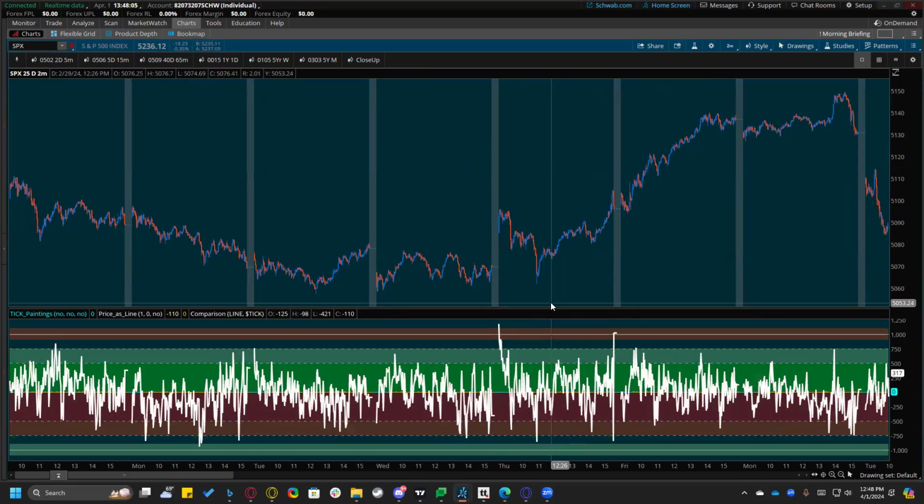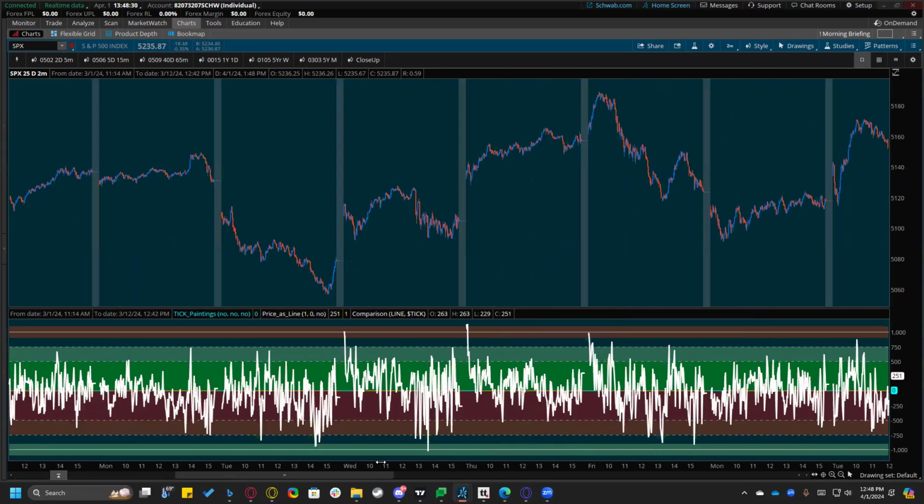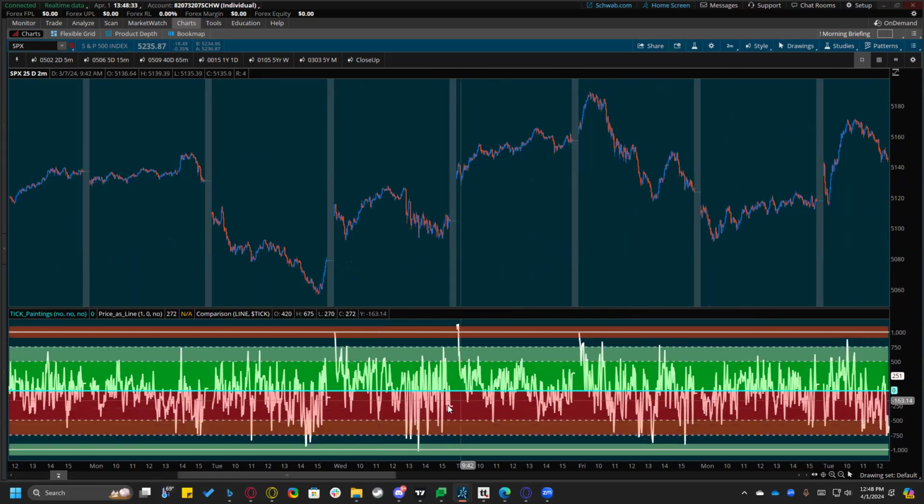But if you're looking for some breadth on the day, trying to ask that question of how are we doing? Are we staying in the green? Are we staying in the red? Then I like those bigger time frames, the 15-minute, 30-minute time frames. That way you get a feel for, hey, how are we doing? And if it's a day where we are just crisscrossing back and forth, just chopping all day long, then that's